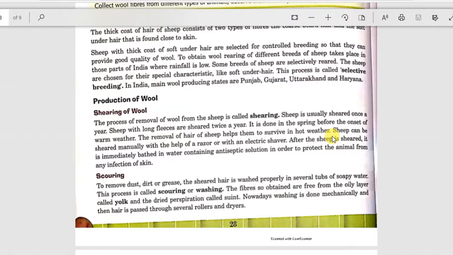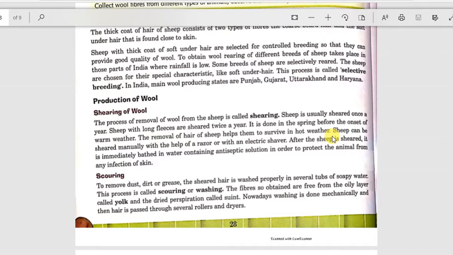The hair is for their protection from cold weather, but when hot weather has arrived, the removal is necessary. Sheep can be sheared manually with the help of a razor or with an electric shaver.